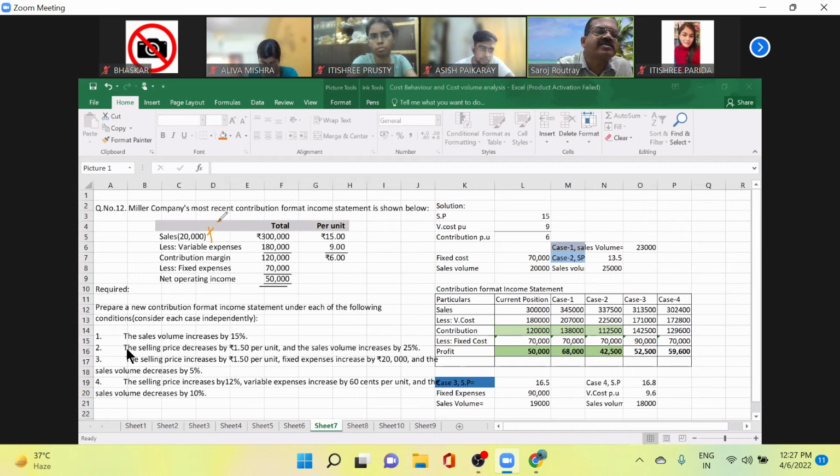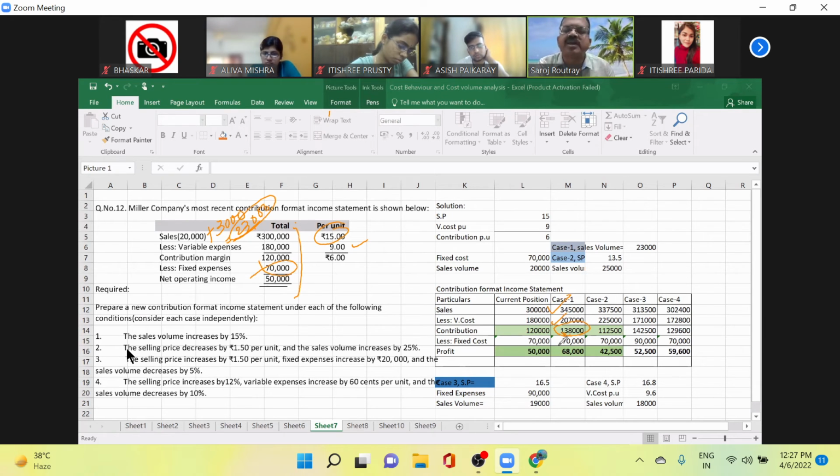$20,000 plus 3,000, 23,000. Taking 23,000 into consideration, you will do the calculation. 23,000 into 15, that will come 3,45,000. 23,000 into 9, 2,07,000. This is the contribution, and from that contribution, if you deduct fixed cost, which more or less